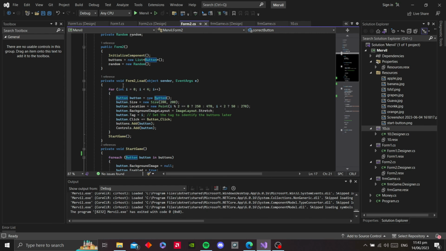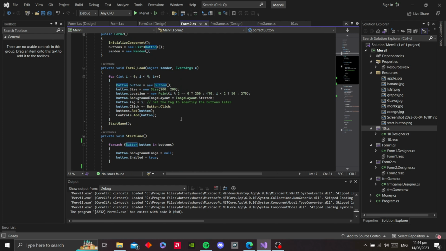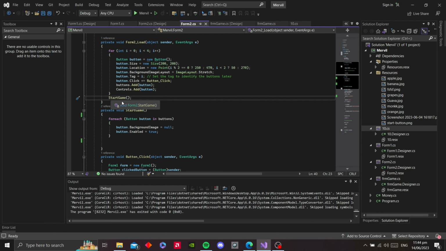So here is the hard-coded button, and we initialize the size to 200 by 200, and the location is here, and we stretch the image, we initialize the tag,